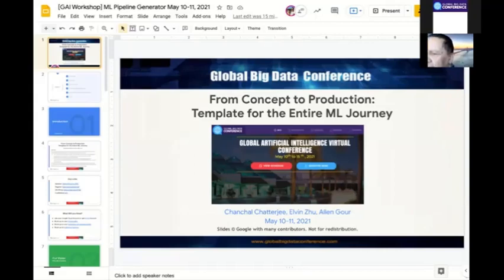As we do customer projects, by the way, my role is program manager within Google Cloud, implementing ML problems, primarily ML. That's my specialty. And as Elvin, myself, and Alan have been working on many projects, we found out that it is difficult and complicated to implement ML projects from end to end. So we decided that it would be great if we came up with a template. So we presented an idea of a template which we have been implementing, and a lot of folks requested that